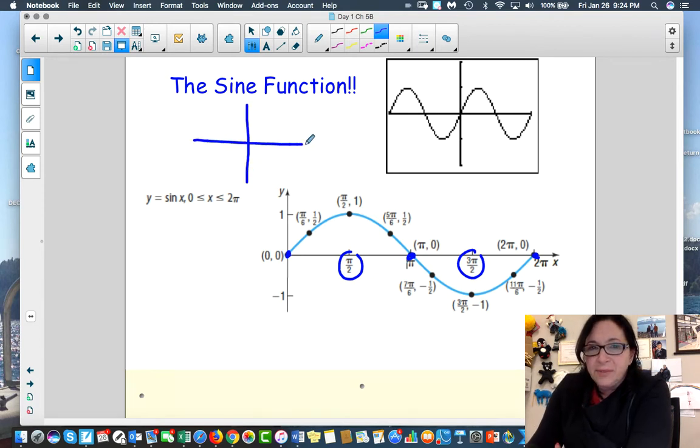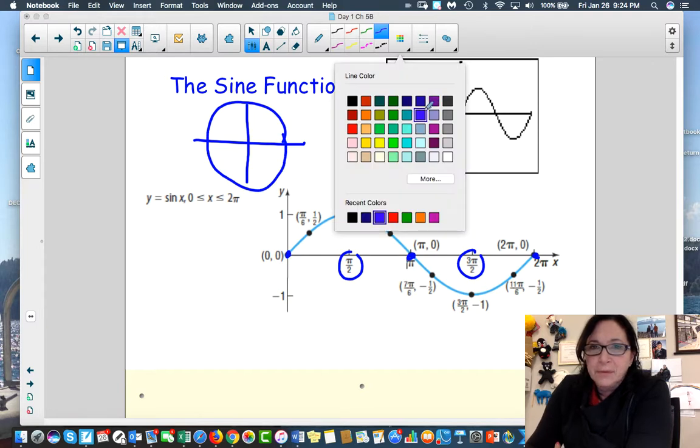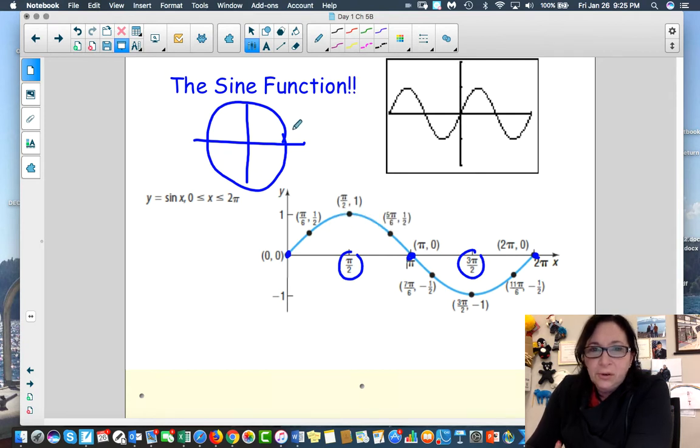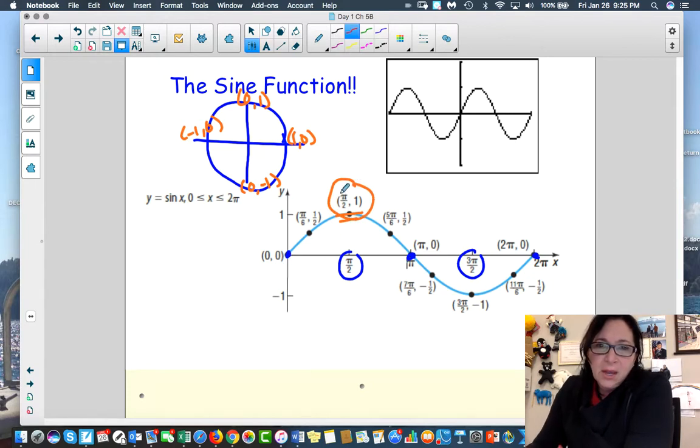It's the same kind of thing as if we were drawing our unit circle right here, and look at all these cool colors. So if we had our unit circle, this would be 1, 0. This value here is going to be 0, 1. This is going to be -1, 0. And this is going to be 0, -1. Well, here at 90 degrees, we're at pi over 2, 1. Now, what are those values? That's a point. I just put 0, 1 here. Where did this point come from? And hopefully, what you're thinking is that this value is cosine of x, and the 1 is sine of x,